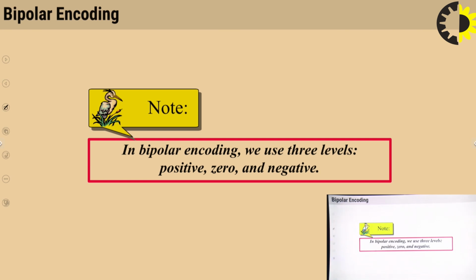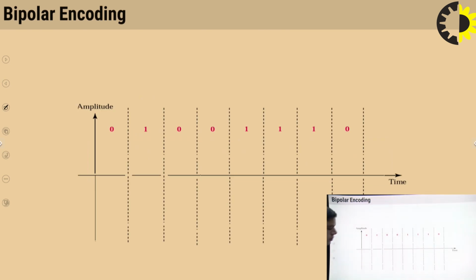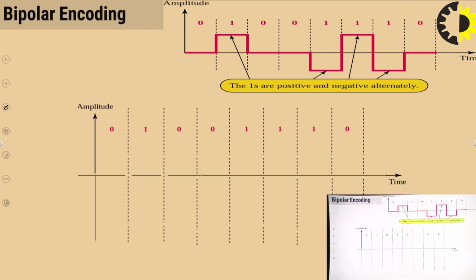Next category is called bipolar encoding. In this case, we are using 3 levels. One level for the positive, one level for the 0, and another level for the negative. Let us take an example. Now in this case, because 1 is used for both levels, first of all 0, that means you are drawing onto the